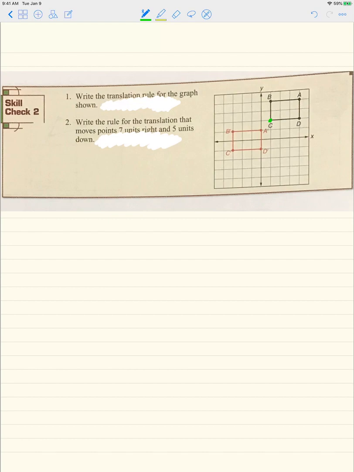So we go 1, 2, 3, 4 units to the left. If we're moving to the left, that means we are subtracting from x, right? So x minus 4. And then from C down to C prime, 1, 2, 3, and that's down. We're moving down, so it's